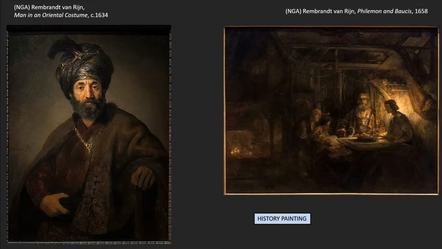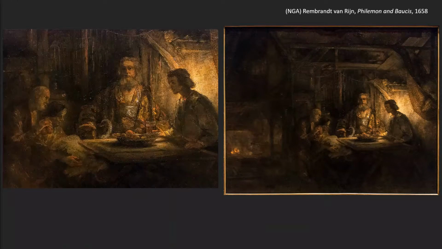We have some somewhat late in his career, right? He's in his 50s here, so this is around the same time as that self-portrait. A history painting that Rembrandt has done, right? And it shows a Roman mythological scene. Philemon and Baucis is an impoverished peasant couple, and they're on the left, right? These two figures here, almost swallowed in the darkness. Right, and here they are, right? Philemon and Baucis, and